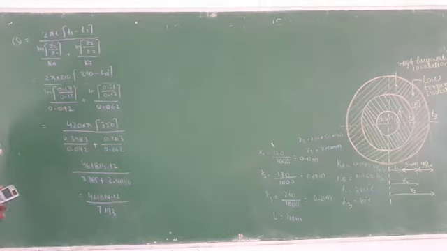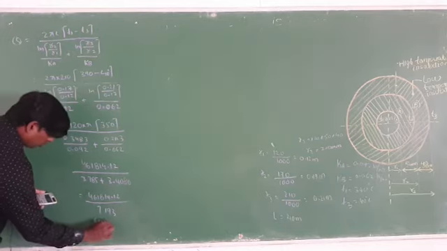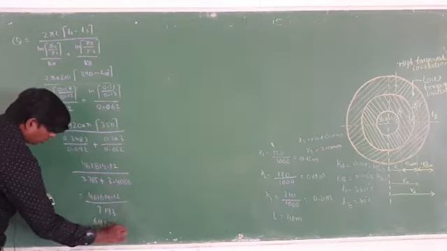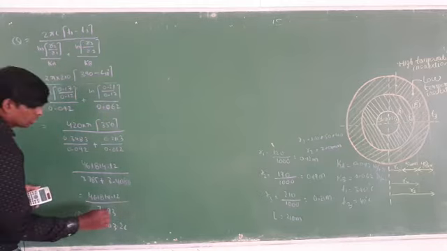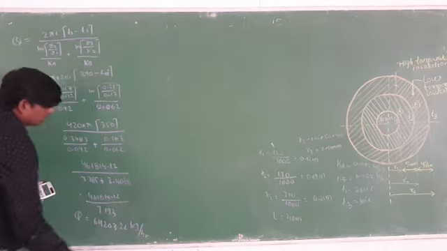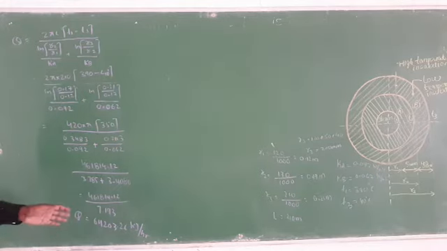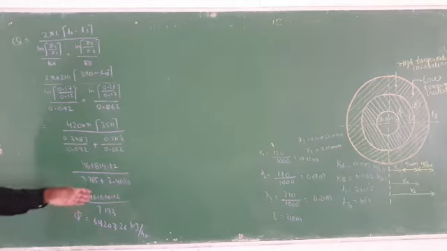Last value what you have to solve, 461,814.12 divided with the answer. Here you got 64203.26. This is the value of Q. The unit is already mentioned in the question, kilojoule per hour. It is mentioned the answer should be in kilojoule per hour. Normally Q unit you will take as a watt, but in the question it is mentioning that you have to keep the unit in kilojoule per hour.